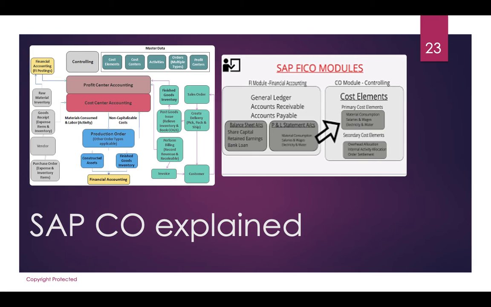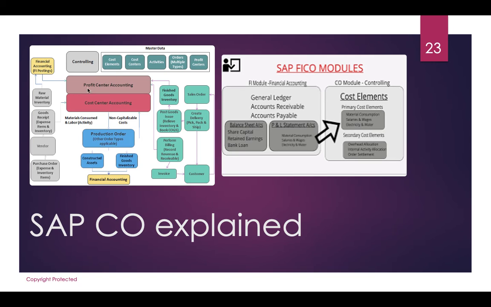Every profit center has its own independent P&L, and you should be able to manage that profitably. Because if one of your profit centers is not doing well, then another profit center has to work harder and manage that loss so that your total company makes a profit. Therefore, every profit center has a responsibility to be profitable, and this accounting needs to be done. So the CO module gives you the opportunity to do that.